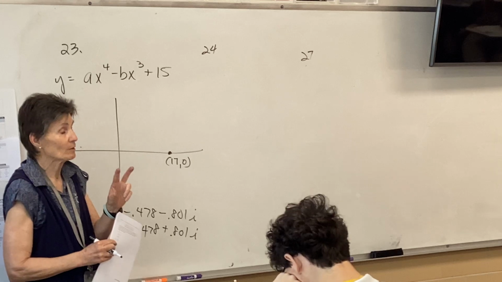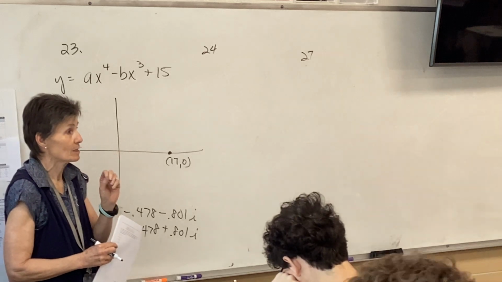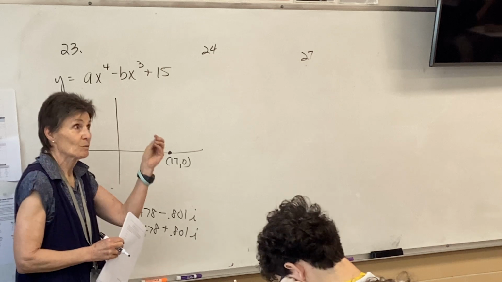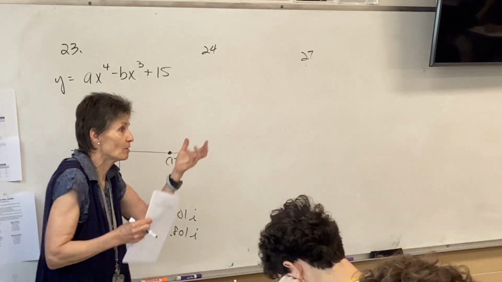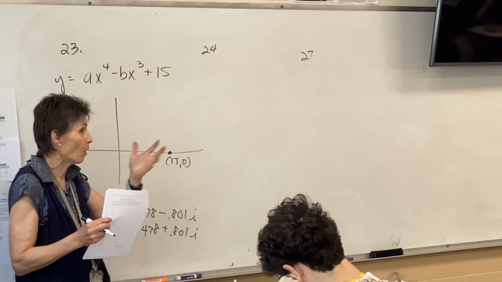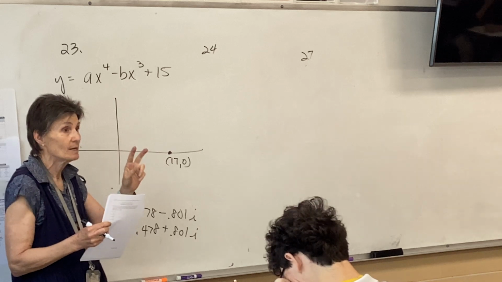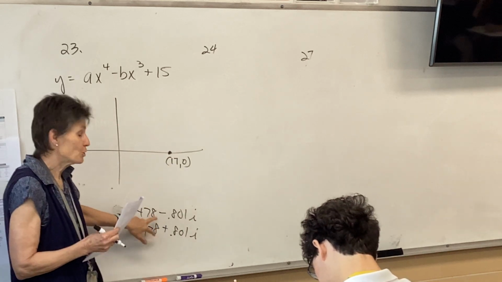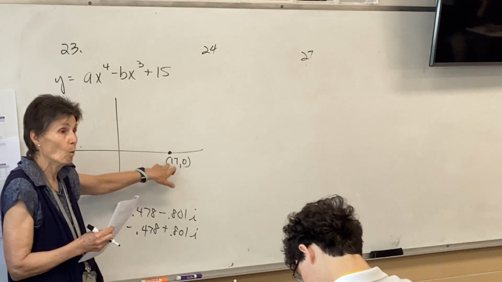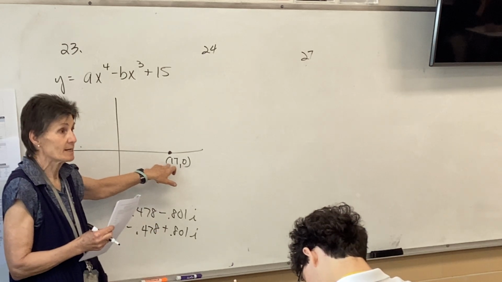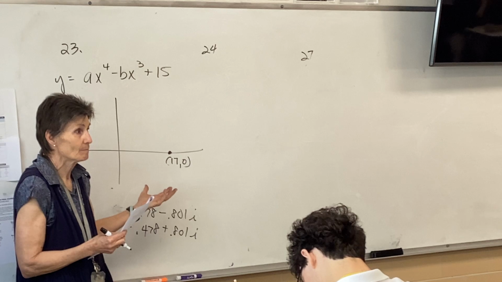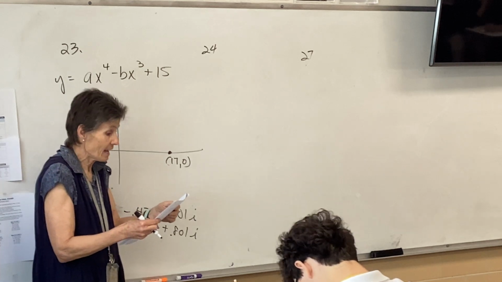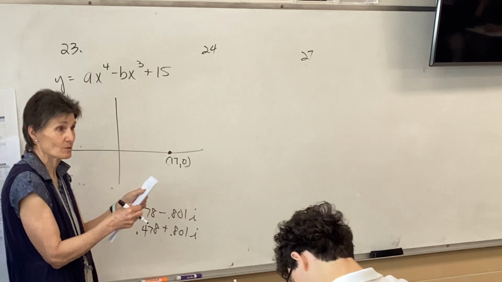Complex roots, imaginary roots, come in pairs. Think when you use the quadratic formula, don't you always get 3 plus or minus 7i over 16? That kind of answer, always. So if this thing has 4 answers, 2 of them are imaginary, 1 is known to be real, doesn't the other one have to be real? I don't know where it is, I don't know what it is, but it does not have 3 x-intercepts,